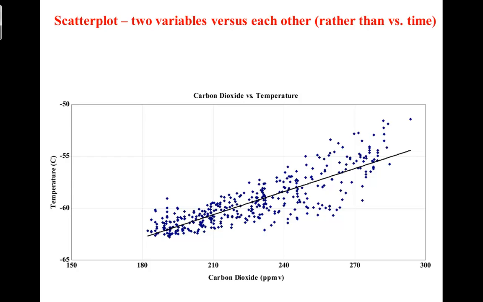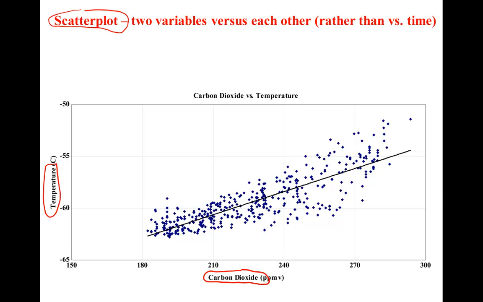So in addition to investigating how temperature, CO2, and methane change between a glacial and interglacial climate, we can also investigate how strong the relationship is between temperature, CO2, and methane. Previously, we were plotting CO2, temperature, and methane all versus time or age. Well, we can also plot them versus each other. This is called a scatter plot. Two variables plotted against each other. In this case, our variables are carbon dioxide and temperature.